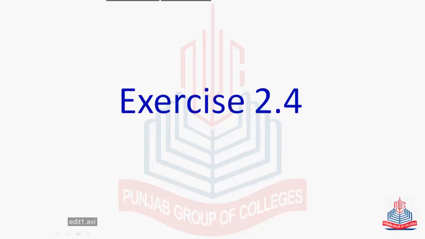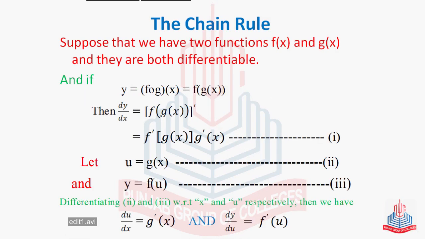Now we start exercise 2.4. Before we start the exercise, we first explain the chain rule of differentiation. Suppose that we have two functions f of x and g of x, and they are both differentiable. And if y is equal to a composite function like f of g of x, which can be written as f(g(x)),